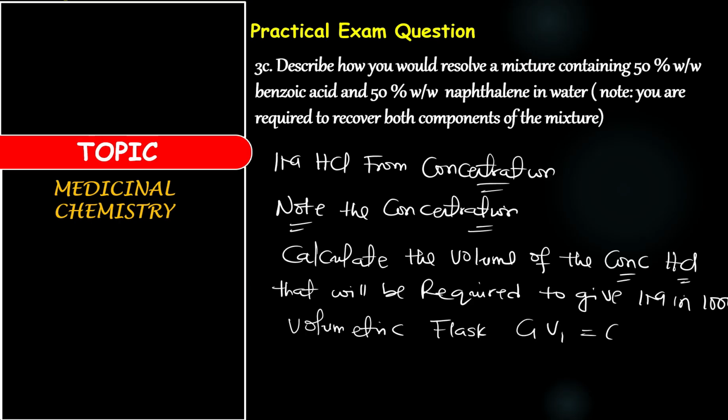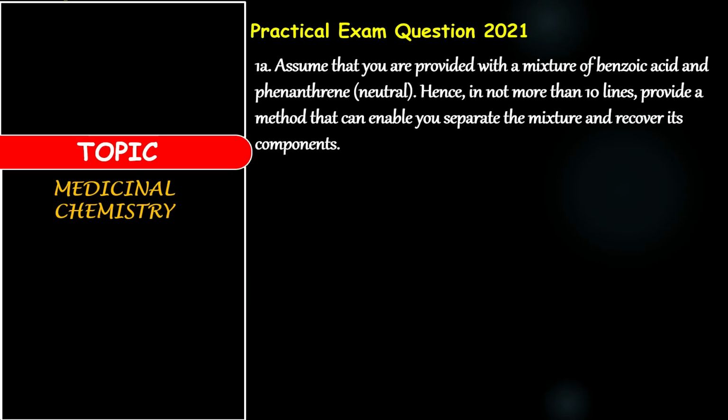C1V1 equals C2V2. How will we determine that? Get the calculated volume and put it in the 1000 ml volumetric flask, and then top it up with water. By so doing, you prepare 1 molar HCl. All right. Now,